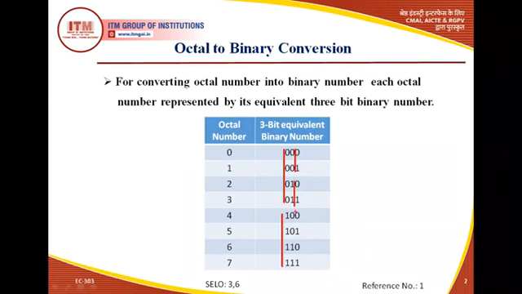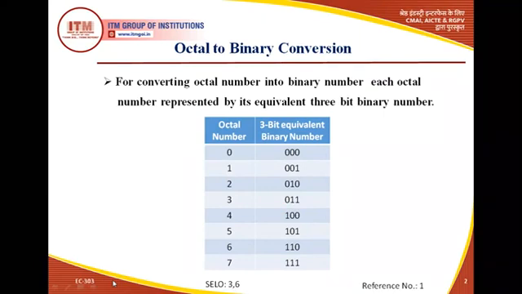Then two 0s, two 1s again, and in the last column we write alternately, that means 0 1 0 1 0 1. So in such a manner you can remember this table, how to represent 0 1 2 3 4 5 6 7 by its equivalent 3-bit binary number. First, on the MSB side, note down 4 zeros and 4 ones, then 2 zeros and 2 ones, then 0101. In such a manner we can remember this table.